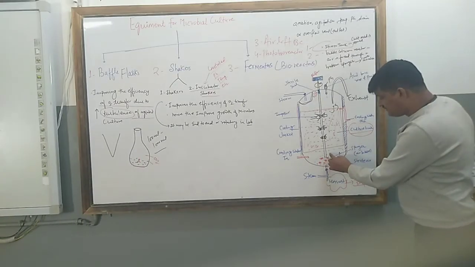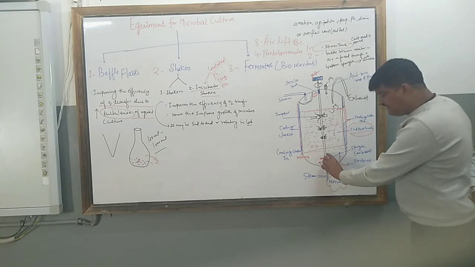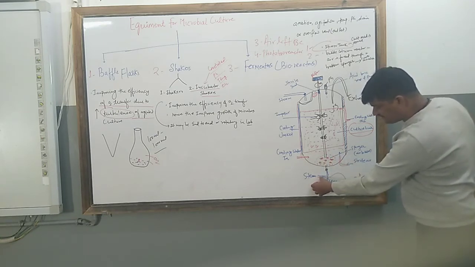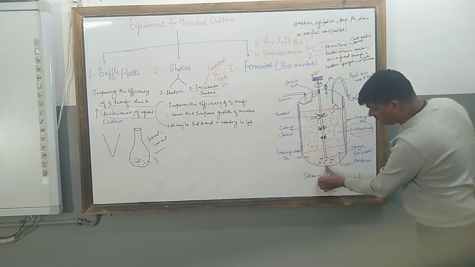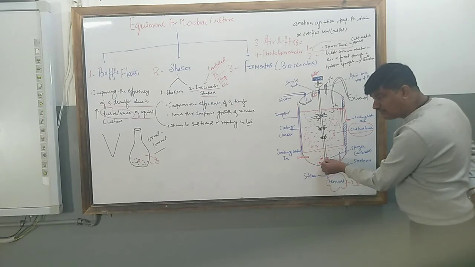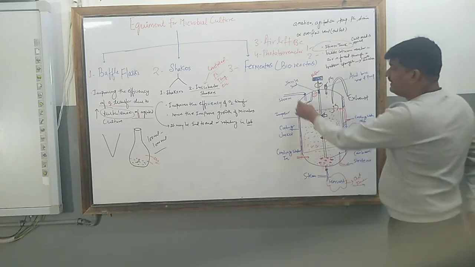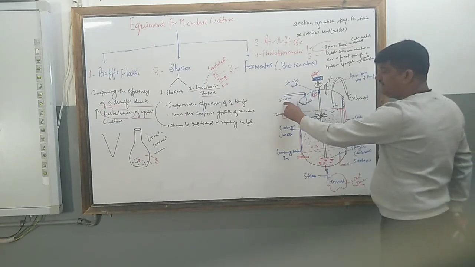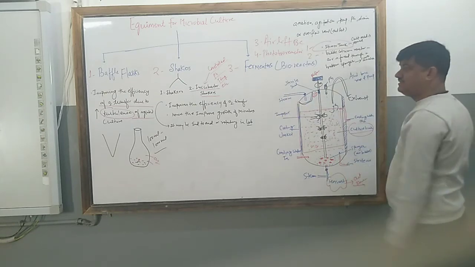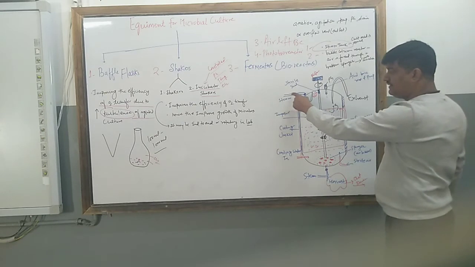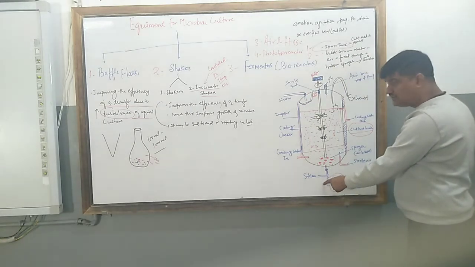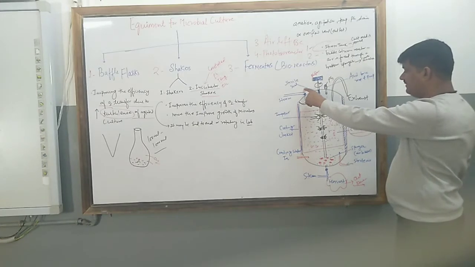And here is the spoiler, and this is for the continuous rotation. Again here you can see we are using the steam. So the steam goes down. Here is some rotator. When we open the knob, steam goes down, goes inside, and we are adding the steam. So there are two outlets of the steam. Here we are adding, and from here it goes out. So this is the outlet, and that is the inlet.